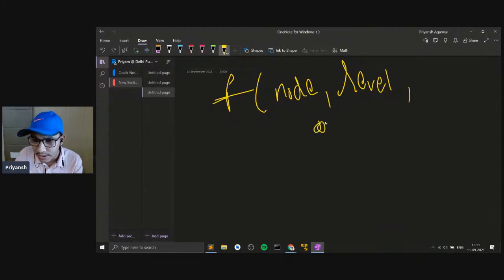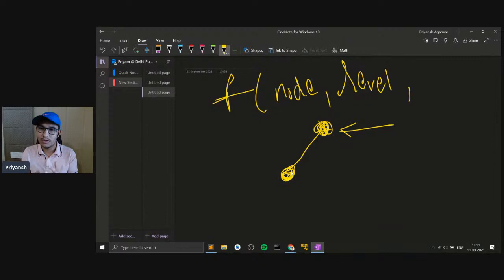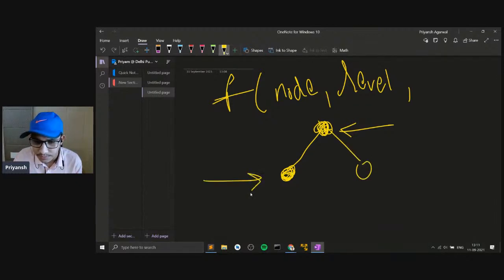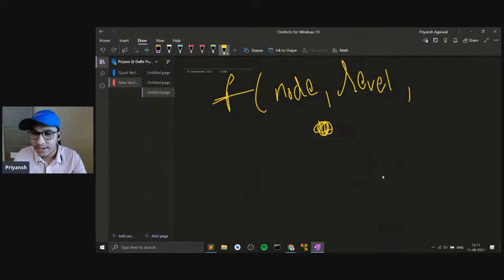For example, if we've already considered the first level, do we need to pick up, right? So if we come to the first level and we've already picked up a node, do we want any other nodes in this level? We don't, right? So when we move to the next level, we'll pick up another node. And if we've already picked up one node in another level, do we want to pick up any other nodes? No, right? So if we have nodes like these, we will only pick up this node. We won't pick up this node, right? So in this recursive function, what we need is we need the node, first of all, we need the level, and we also need to check what is the max level that we've already considered,